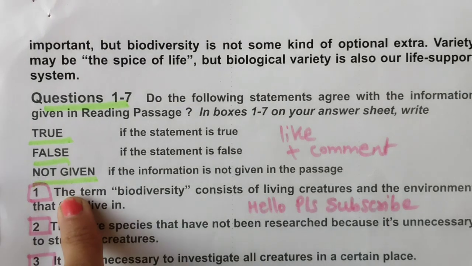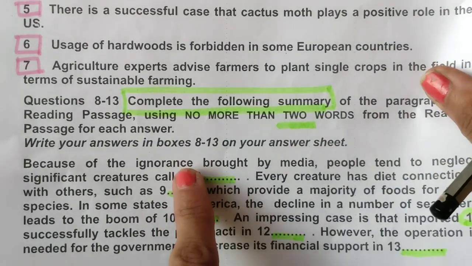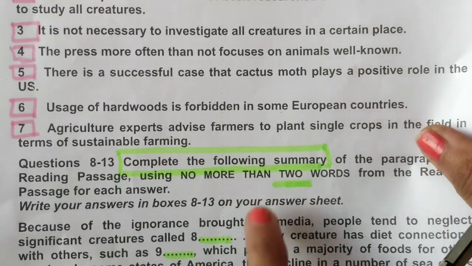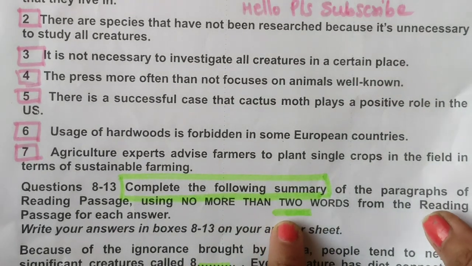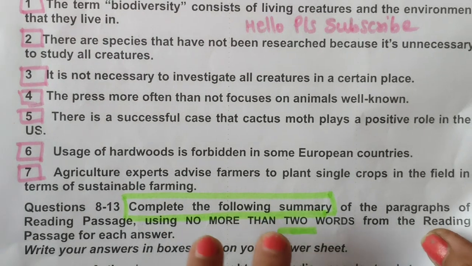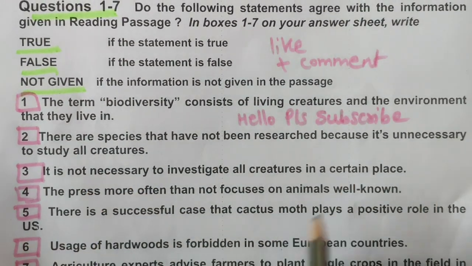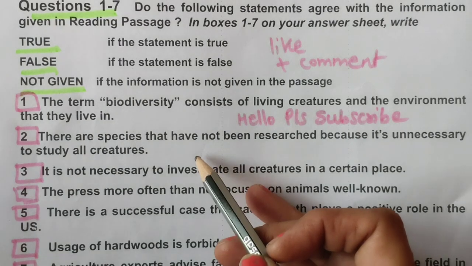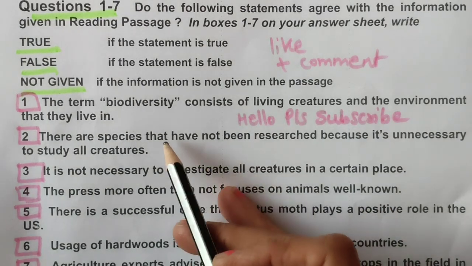So the first type of question I have here is true, false, not given. Second, we have complete the following summary, fill in the blanks, but here two words. In actual exam, maybe one word statement will be there. So that doesn't matter. So let's start with true, false, not given. That's more important, if you follow the instructions, if you follow the strategy how to do these true, false, not